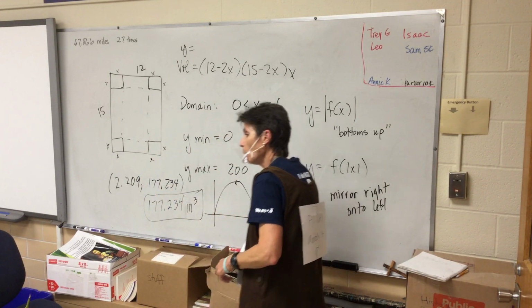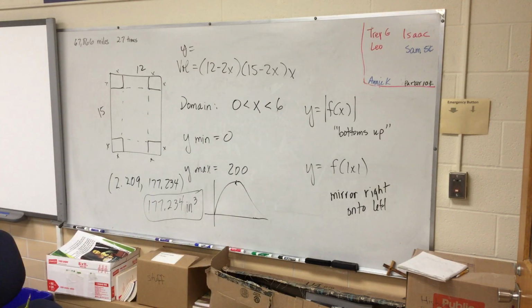What does the 2.209 represent? The size of the corners. So if the question had